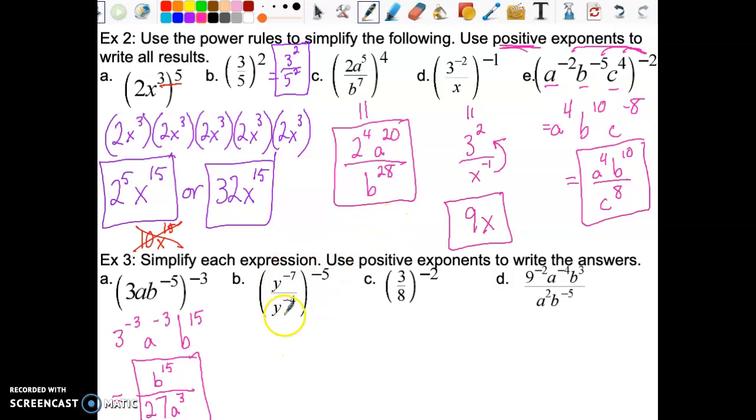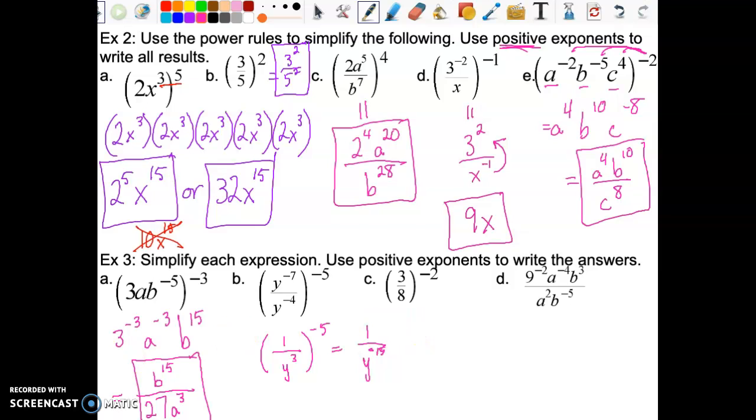Now some students will actually simplify this first because it's bigger on bottom. So we're looking at subtracting, because we have the same base. -4 minus -7 makes it +3. But then with that negative exponent, well, 1 to any power is just 1. I hope you know that. 1 times 1 times 1 times 1 times 1, however many times you want, will give you 1. And then you have y to the -15th,